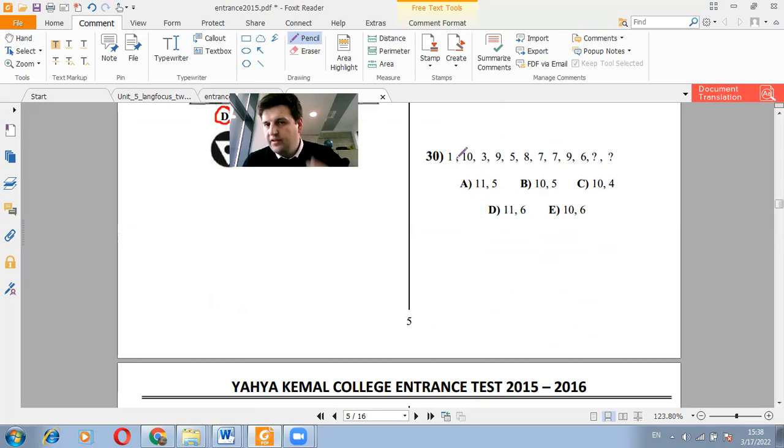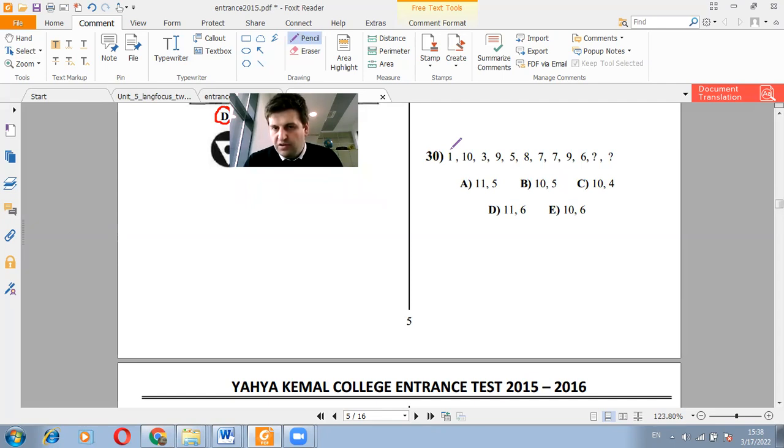Question 30, we have a number sequence here, but something looks off. We have 1, 10, then 3. So it increases and decreases in a way. At one point, we have 7 and 7s, that the numbers are repeating, then again increase and decrease. So if you take a look as it is, you may get confused, but if you